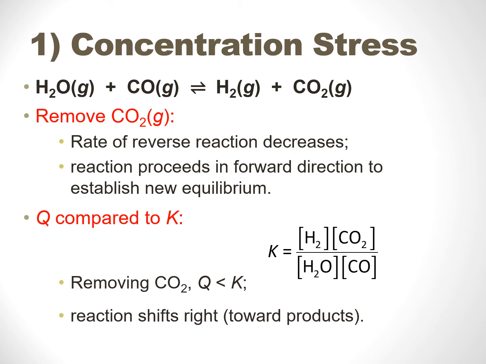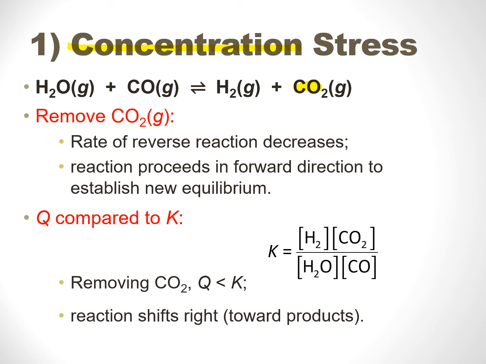Okay. So let's analyze the first type of stress. One type of stress is to alter the concentration. Now, there are products and reagents. We can alter both. We can alter them by raising them, and we can alter them by lowering them. So let's see, for example, in this reaction, and let's focus on CO2. That's one of the products. If we remove the CO2,